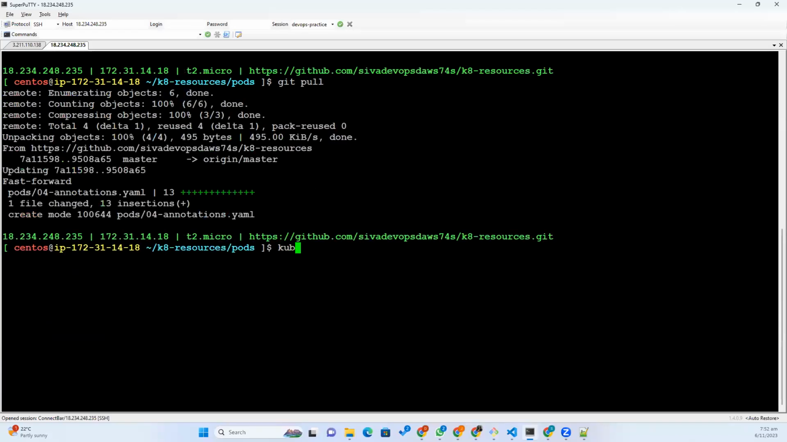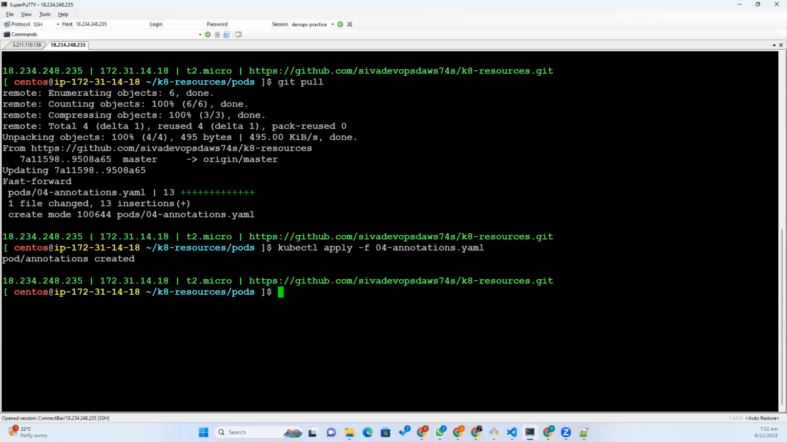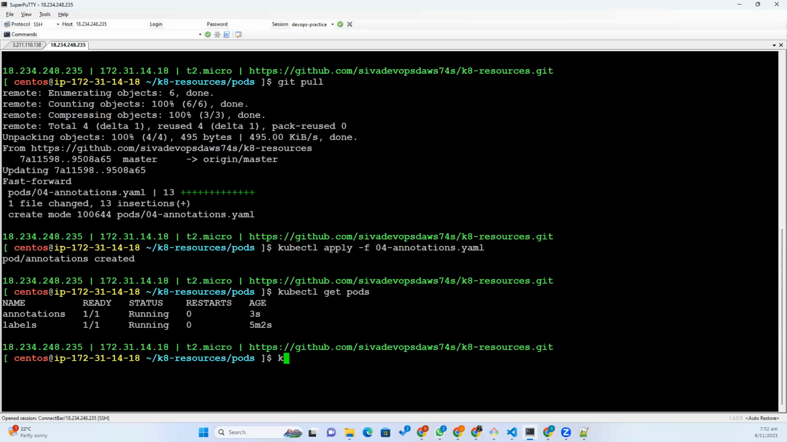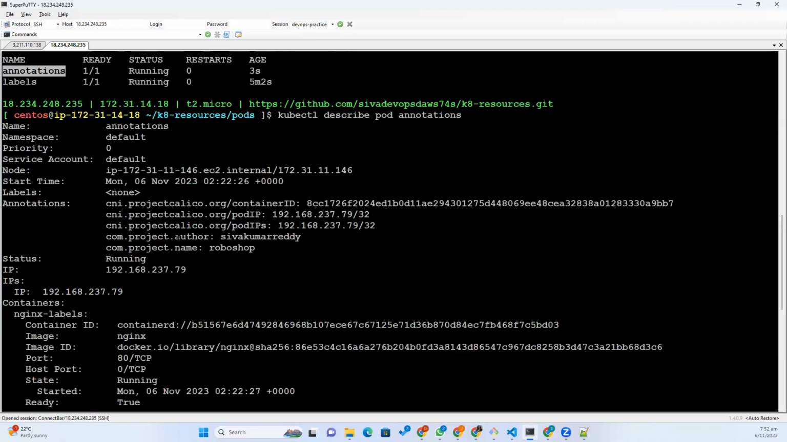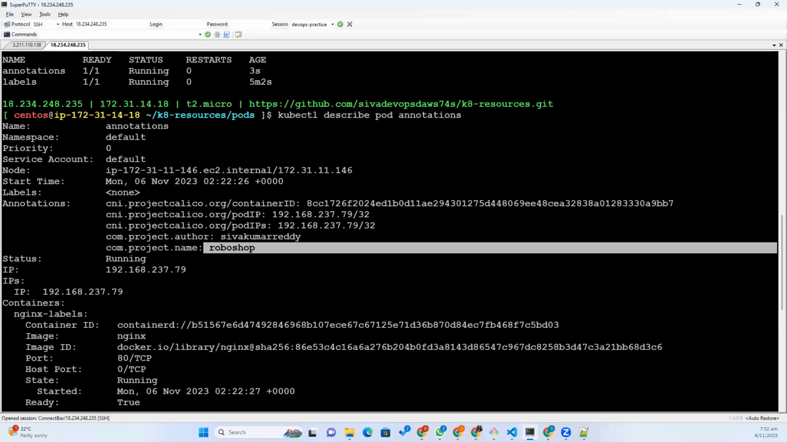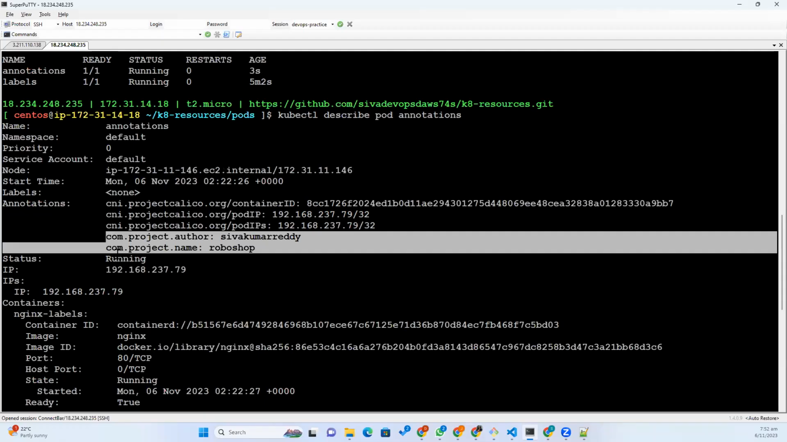Careful, kubectl apply -f 04 annotations. kubectl get pods. Describe it. kubectl describe pod and annotations. Now you can see our annotations should be added here: com.project.author, com.project.name, something like this. Okay, so this is about labels and annotations. And the next resource we can see is